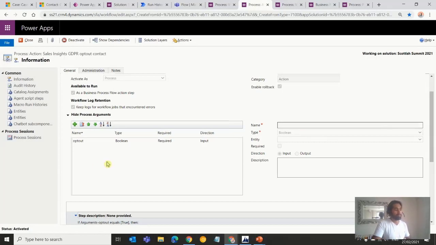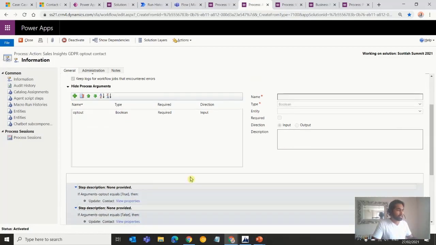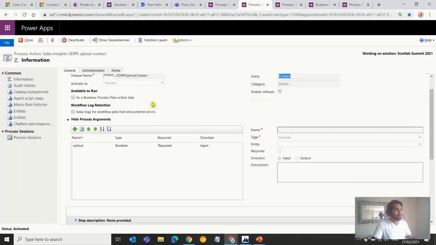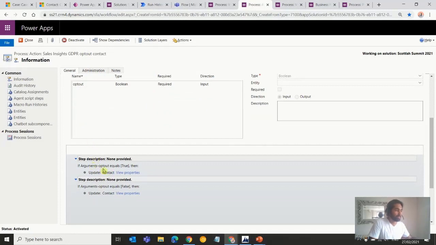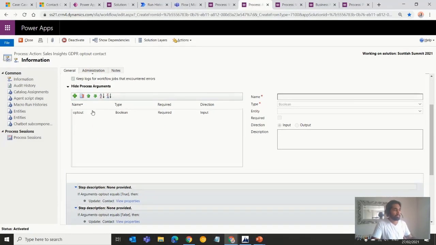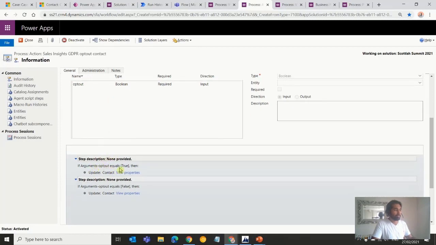And you could always pass out output parameters. So in case this action successfully executes, I could always pass out a success message back to the part of the system which calls it. So I just rewrote the action, which pretty much does the same thing as my workflow. It just takes in a parameter, which is a Boolean one, a yes or no field. And if the parameter is yes, it's going to update the contact record's GDPR to yes, and